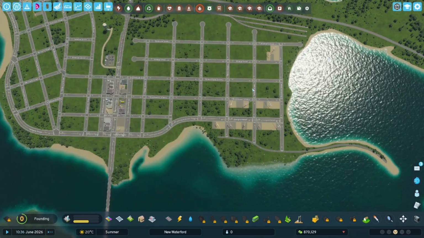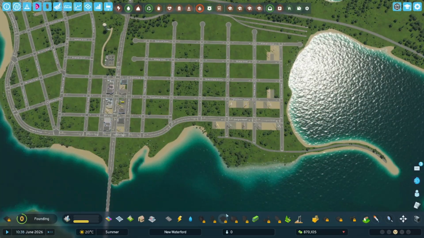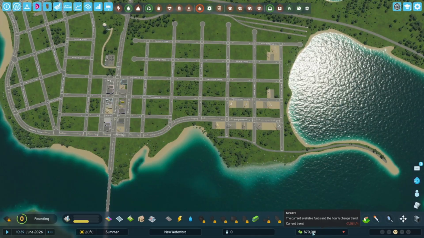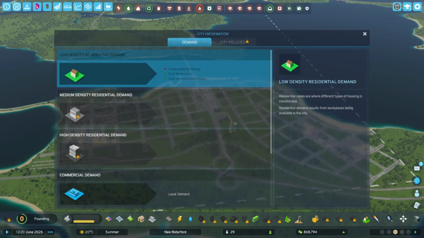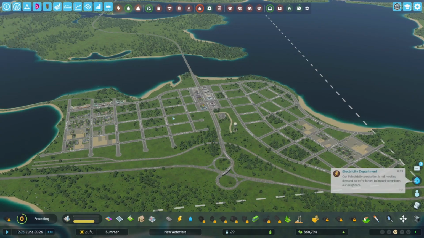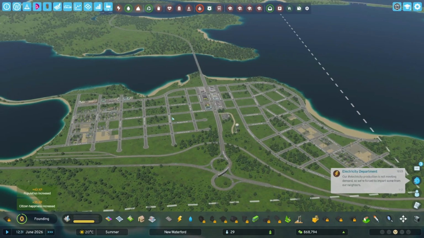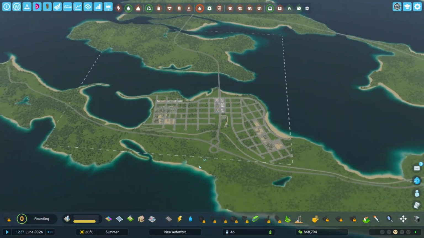I'm trying not to zone everything as I would like to build elementary schools and high schools and stuff. And we are losing money. We probably need some industrial zoning. That way we can create some jobs. I mean, obviously, we're gonna have a pretty industrial foundation, as most cities do when they start, not many offices. So the industry will be over